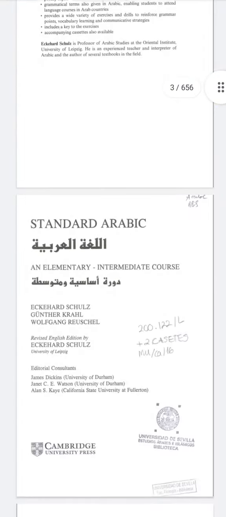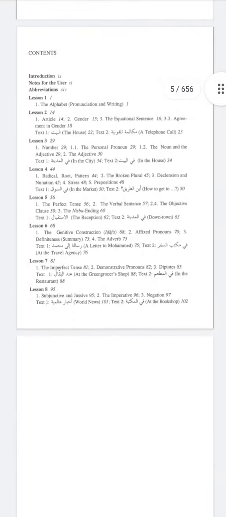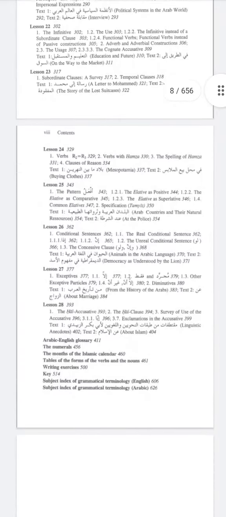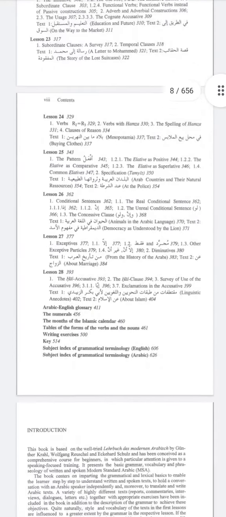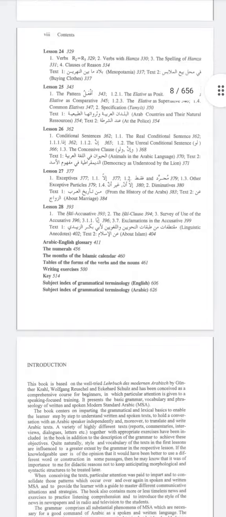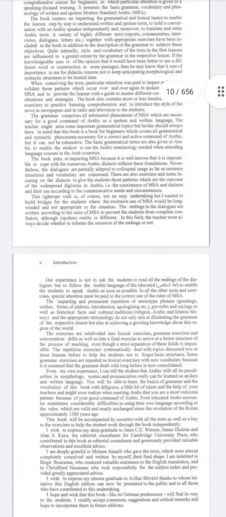But before then, I want you to note that this book is divided not into chapters but rather into lessons. So we have 28 lessons all in all. It is the aim or hope that at the end of the 28th lesson you would have improved from being a beginner Arabic learner into an intermediate and advanced learner. So this is what it is hoped for you to be at the end of the lessons.